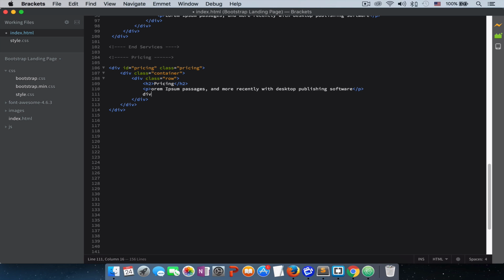And then we create our first column. So I want this to be 3 columns on a large device, and I also want this to be 3 columns on a small device too. Another div, give it the class of packages, and then an h4, we call this package bronze, and then for the pricing on our package, an h1 tag. I'll call this $9.99, and then I'll put a b tag and say this price is monthly, and